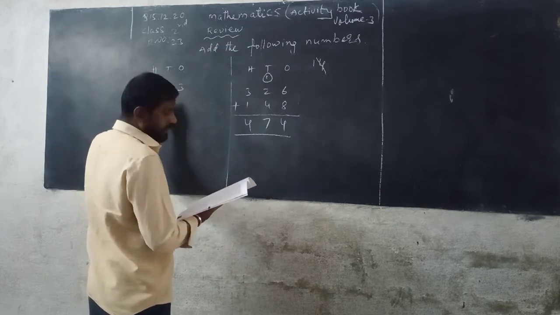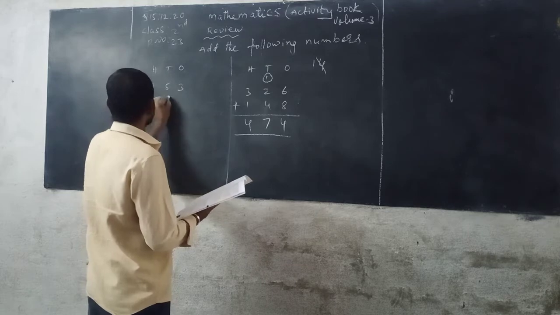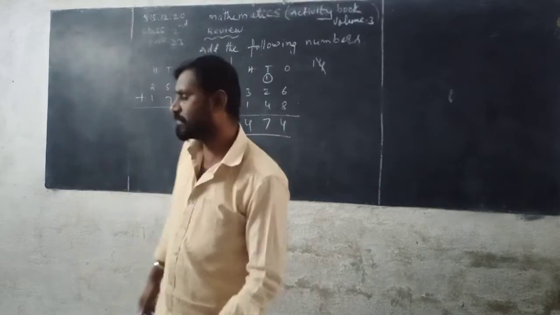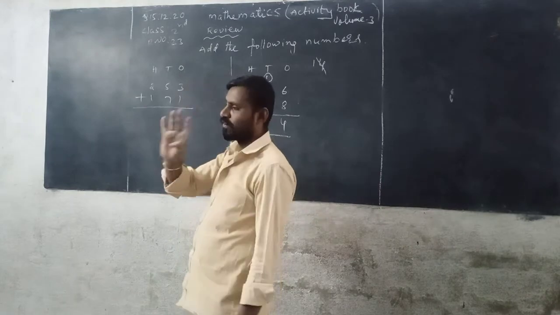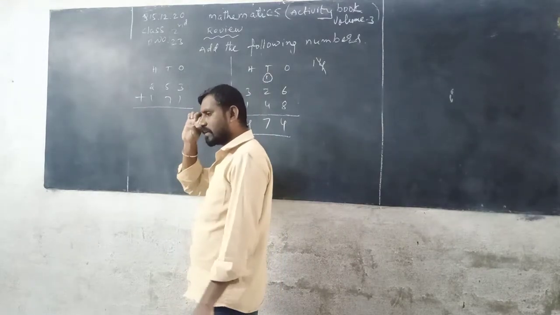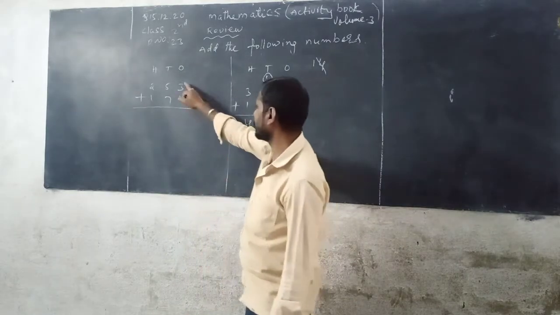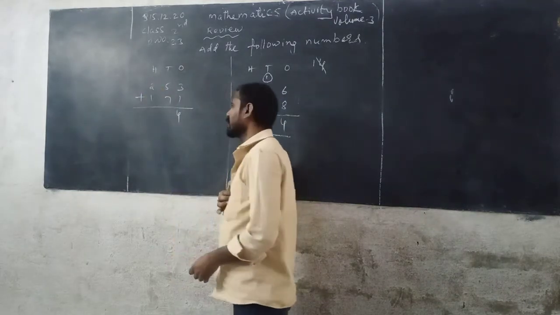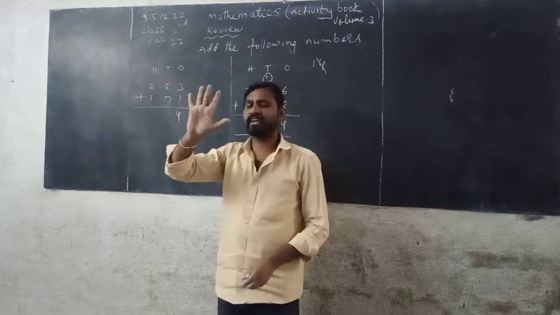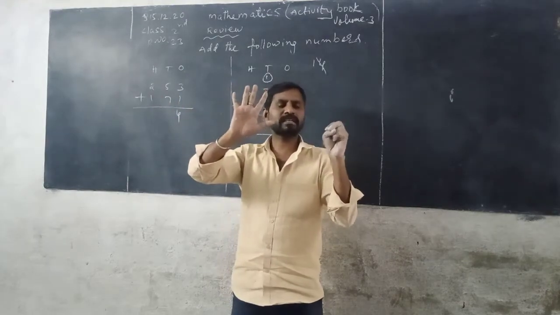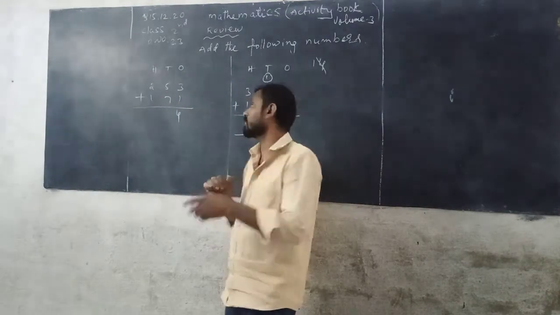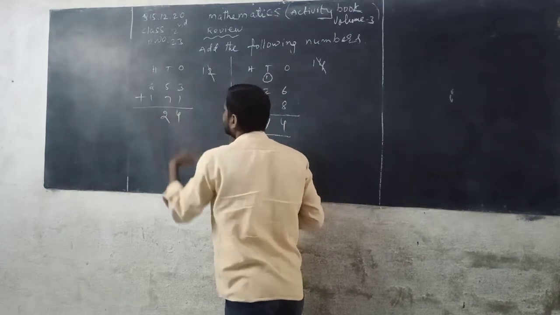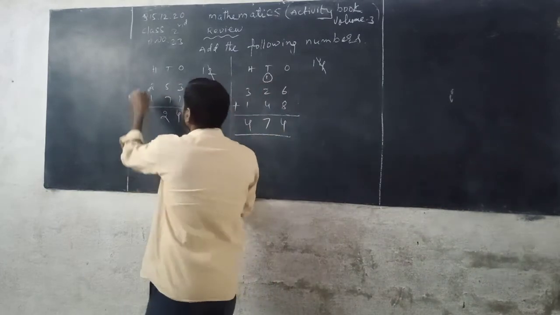And 53, 171. This is very easy, beta. First, add the digits in the ones place. 3 plus 1, 4. If 1 is added to any number, you get the next number. Now next, 5 plus 7. Keep 5 in the mind and take 7 fingers in your hand. 5, after that 6, 7, 8, 9, 10, 11, 12. So in it, 2 is written down in the tens column. 1 is carried over to the hundreds place.